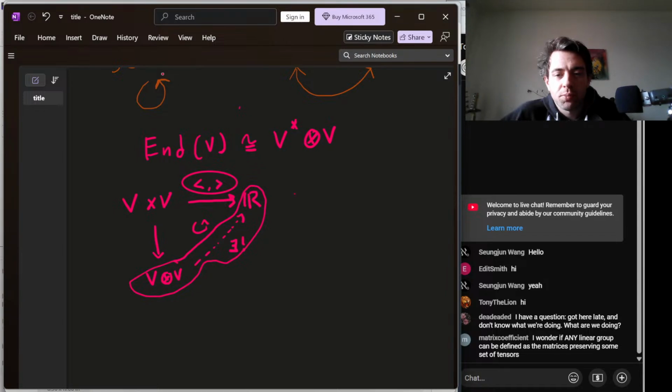Yeah, because T of U tensored with T of V, that's going to be, so write this as the projection map. I mean, that's just the projection applied to,